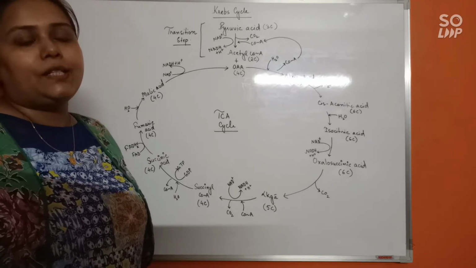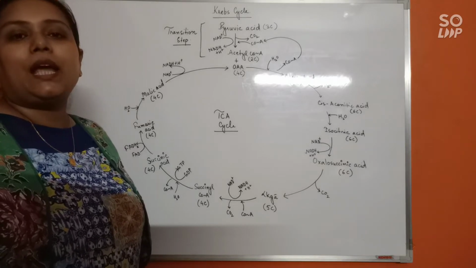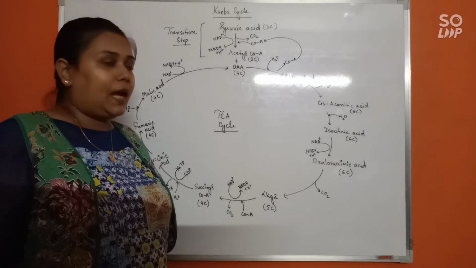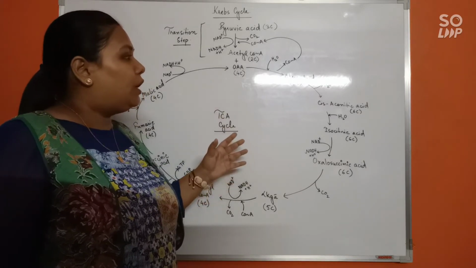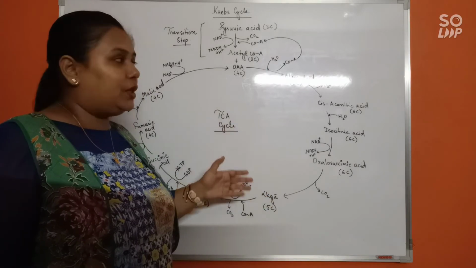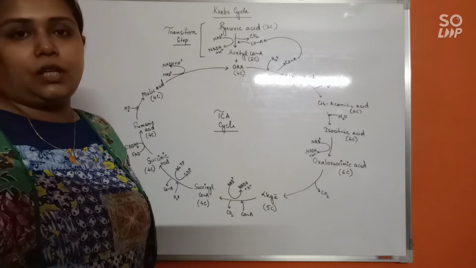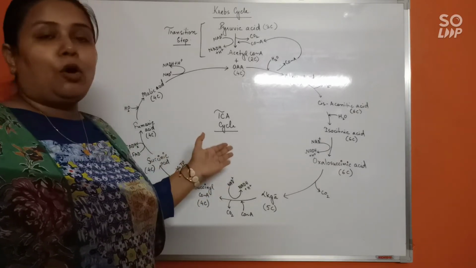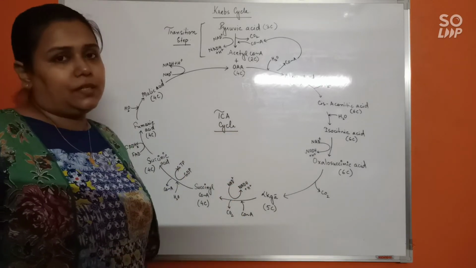That's why the Krebs cycle is also known as the citric acid cycle. Another name for the citric acid cycle or Krebs cycle is the TCA cycle, because there are various reaction intermediates formed during this pathway which have 3 carboxyl groups, tricarboxyl groups. Hence, we also call this pathway the tricarboxylic acid cycle. Okay? So, let's now discuss the Krebs cycle.